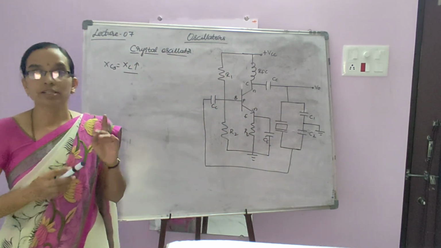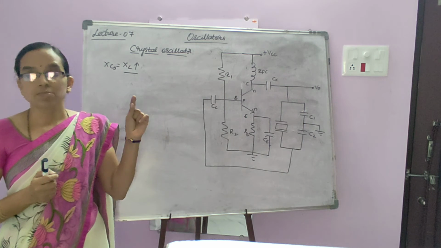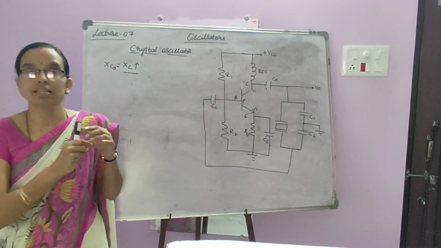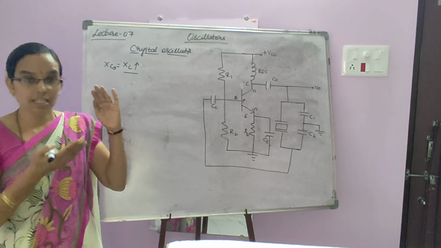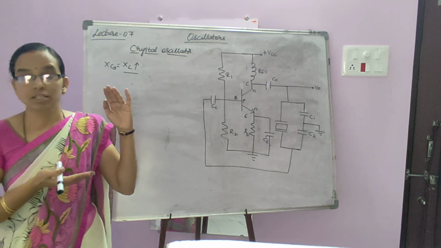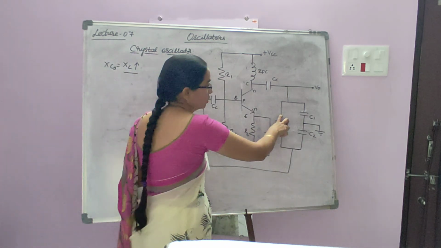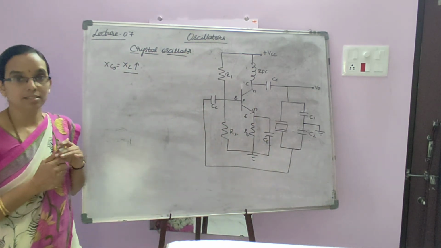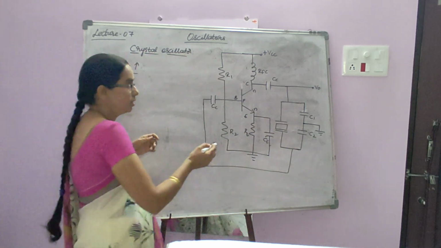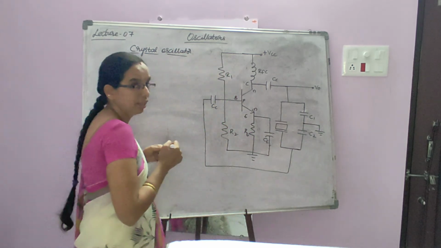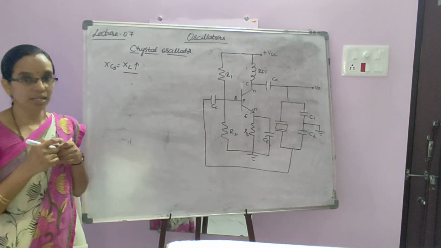Whenever a parallel resonance is achieved at the crystal's equivalent circuit, the inductive reactance increases because there is a slightly higher frequency than the series resonance. As the frequency increases, inductive reactance increases, and the series LCR branch behaves as an inductive circuit. So that crystal here works as an inductance. And C1, C2 are the two capacitors whose center has been grounded. Therefore the potential across C1 and potential across C2 will be opposite in direction.